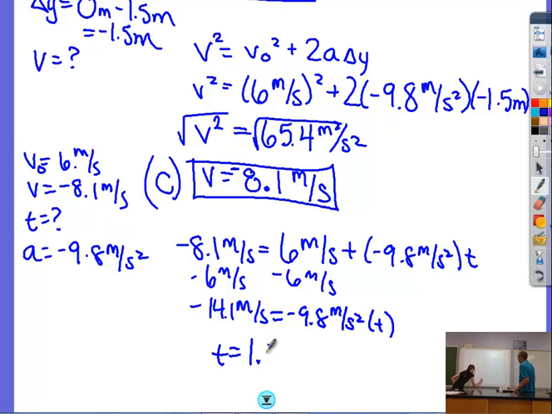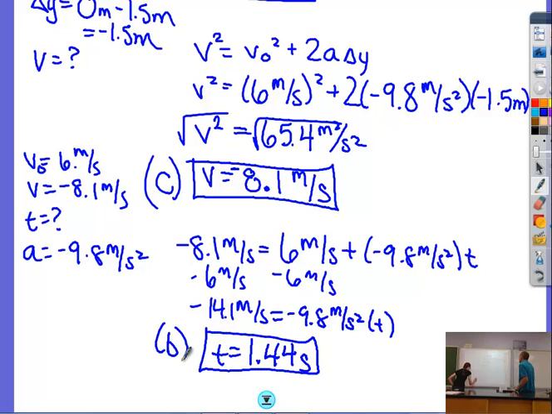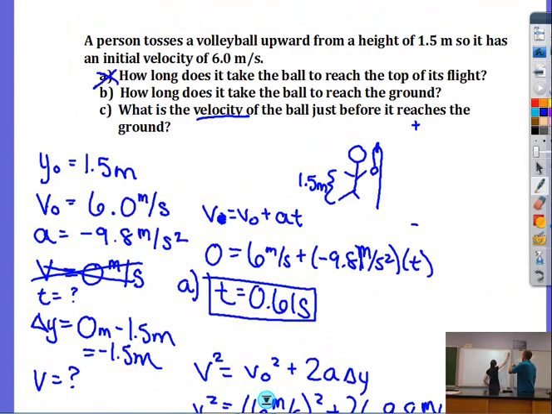So t is back here. You're right, 1.44 seconds. Okay, let's see. Think about if this answer would make sense. It took 0.6 seconds to get to the top, and if we doubled that, it would be 1.2 seconds to get back to where it was,